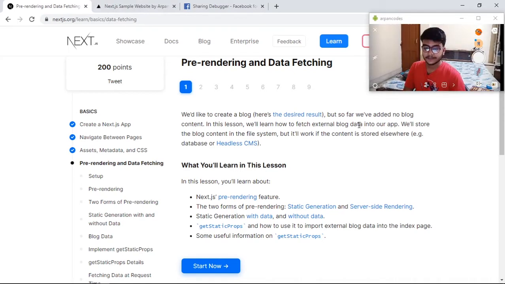We learned how to fetch external blog data into our app. We'll store the blog content in the file system, but it will work if the content is stored elsewhere, for example a database or headless CMS. In this lesson, you learn about